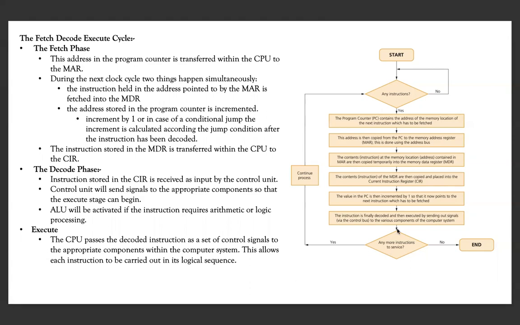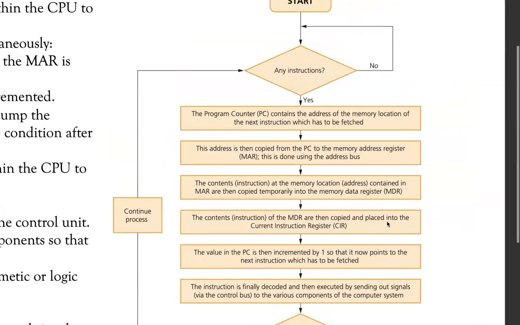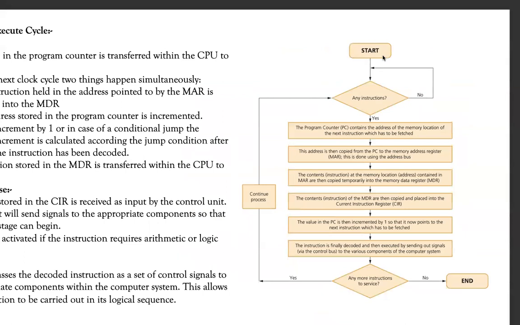Now let's look at this flow chart. As you know, this symbol means start, this means stop. This is a decision box. Basically you're asking a question, the outcome of which will either be yes or no. These are processes. They emphasize that something is happening. This is also a process. So I start here. Are there any instructions I want to execute?